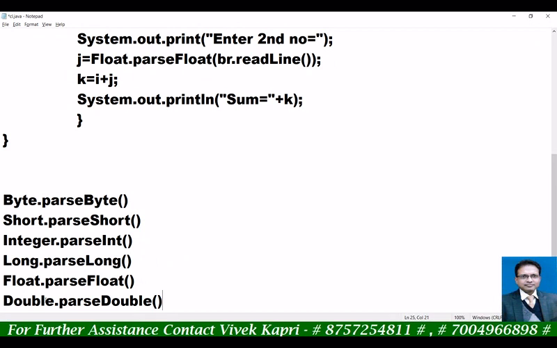Okay, character and boolean cannot be converted. A string cannot be converted into character and boolean, and character has different types of functions, seven to eight different functions, that we will discuss later.